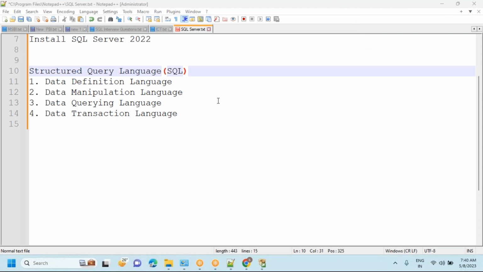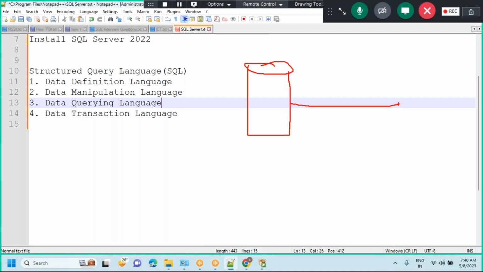If I have data here, we are always going to read the data. To read the data, we use the statement called the select statement. So this is very important for us. Rest of the languages,